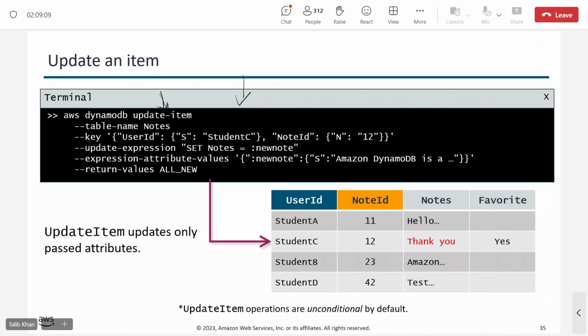See, previously no value is there. Now I want to insert a new node here. So I have inserted it. Likewise, you can also do